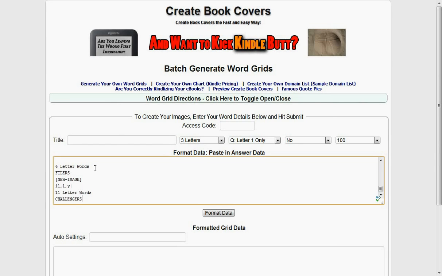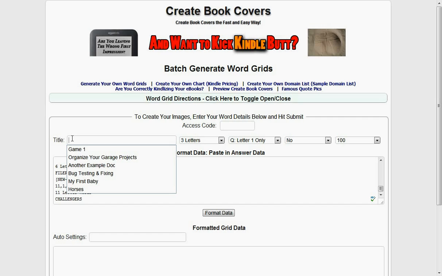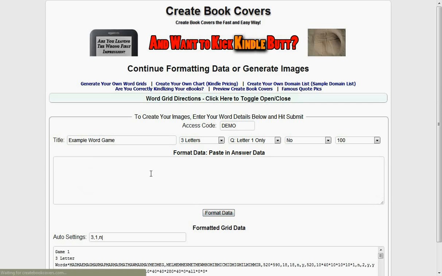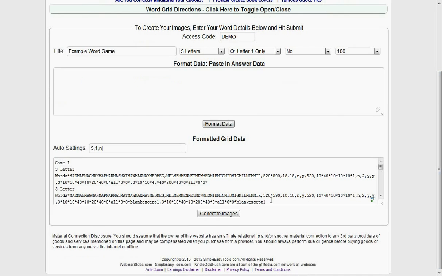So I'm going to go ahead and paste that in. Don't worry about anything except the name of the whole series. I'm just going to go ahead and name it example word game. Go ahead and enter the appropriate access code. In this case, for the demonstration, I'm just putting demo, and you're good to go. Go ahead and click it, and ready with all the formatting there, and then go ahead and generate. Generally, it takes about 30 seconds to generate the image,